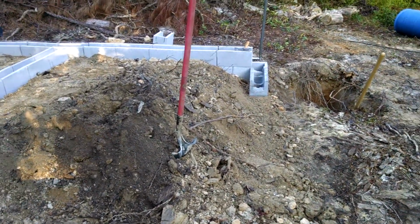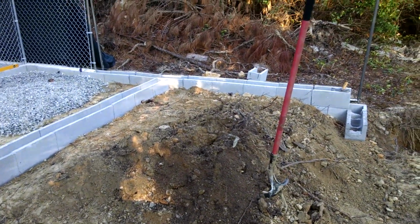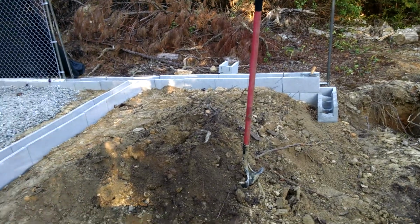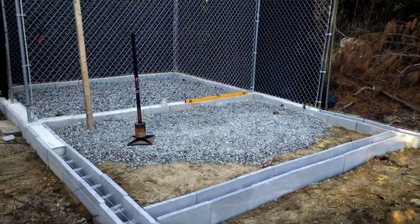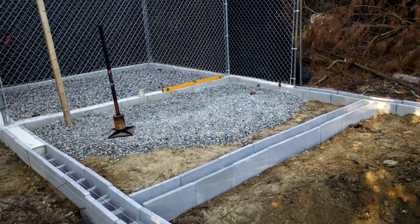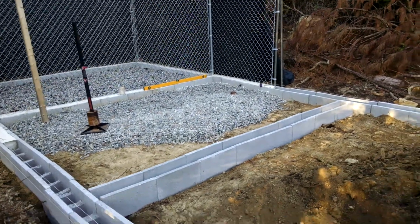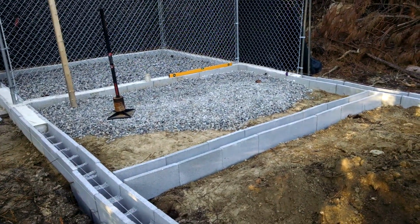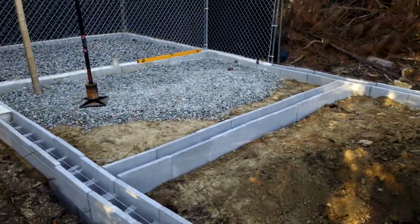But I think before I close this off, I'm going to go ahead and get another scoop of gravel and bring over here and dump in this pen, because I don't think I got enough gravel in that pen just yet. And I was measuring off